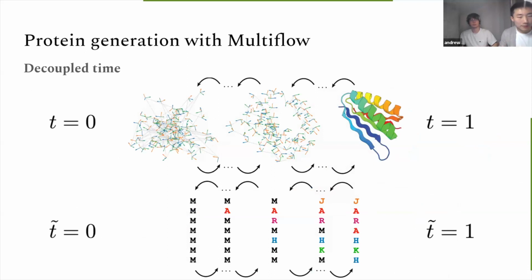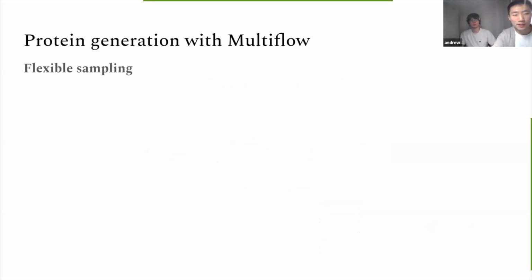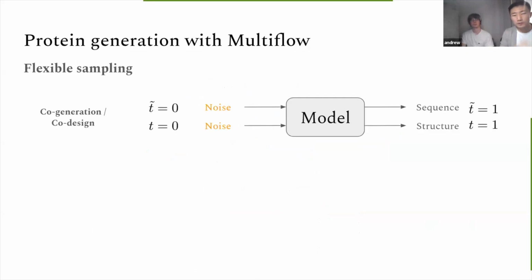So to emphasize more on the time component for the structure part, this regular T controls how much noise is in the structure, and this T tilde is controlling going from noise to data in the sequence portion. And so to have control over this, we can have flexible sampling at sample time. So using just a single model that's trained over all the T and T tildes, we can do co-generation by starting the structure and the sequence by setting the T's to be 0, and this corresponds to noise. And then you just let T go all the way to 1 using a different schedule, but here we use a linear schedule,